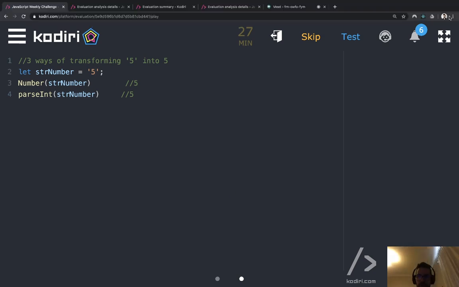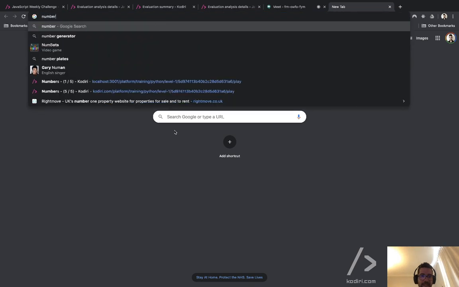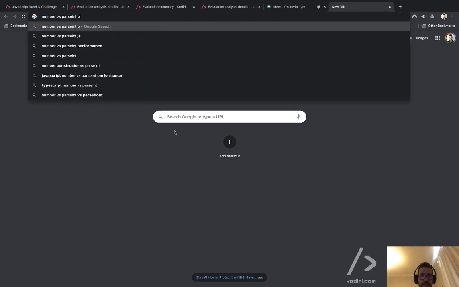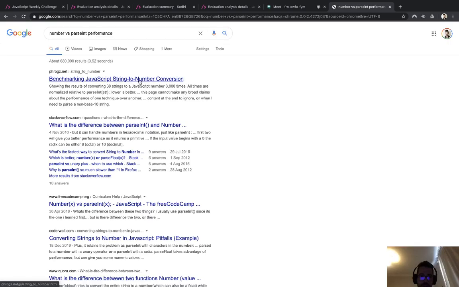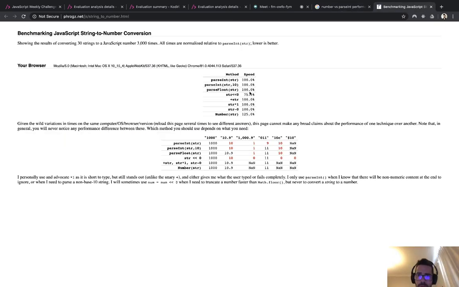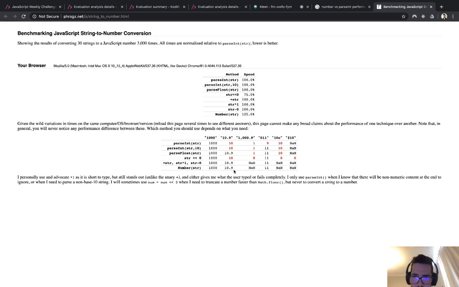The preferred option, let me show you, is performance, guys. Number versus parseInt performance. So hopefully, benchmarking JavaScript string to number. So let me try to find parsing, Number.